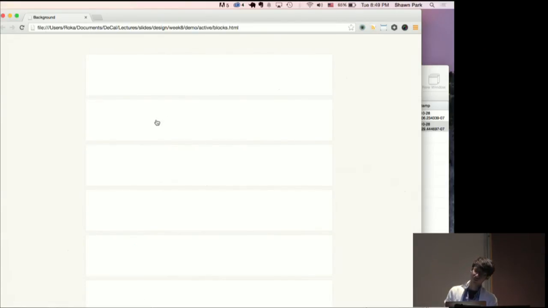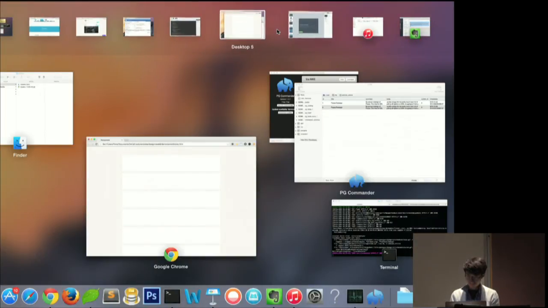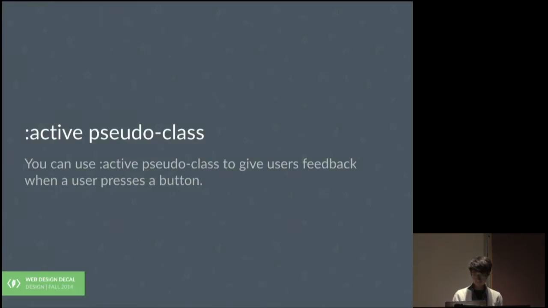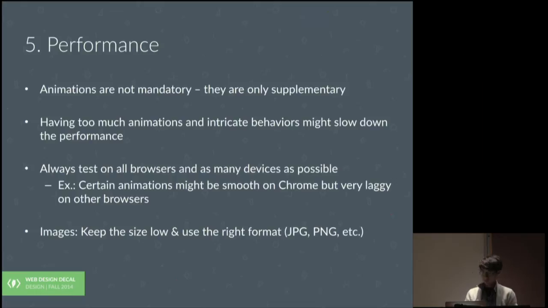So I think I'm going to mention this in 2 weeks when I do the 3D animations lecture. WebKit transform does not affect the layout of the page. One thing, because you guys are learning JavaScript, I really have to mention this. You have to design your website for performance. When you're first learning JavaScript, you might think the animations are so cool. But if you overload the website with animations, it's going to slow down your website immensely.